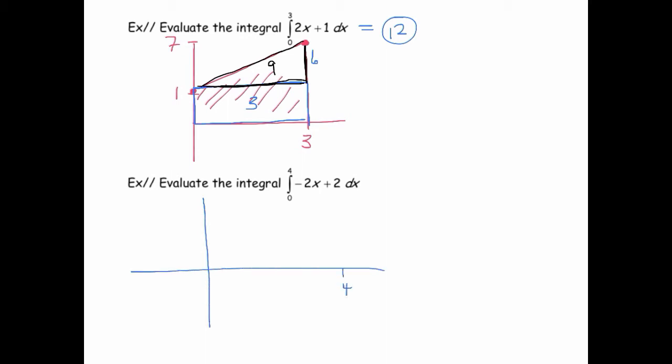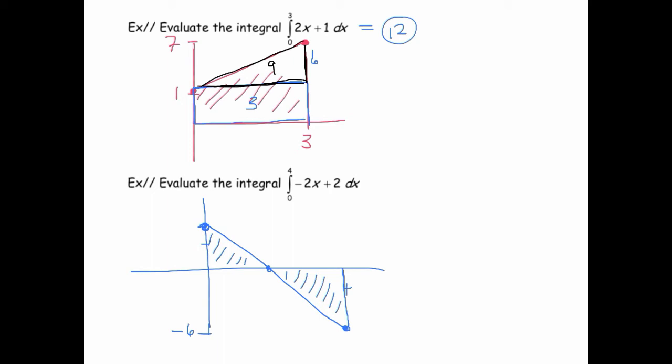So we're going from 0 to 4, and at 0 I've got a y value of 2. At 4 I've got a y value of negative 6. This is again not to scale, and that is also a line. So with the definite integral, according to its definition and some of its properties, we're going to want this area and this area, remembering that the area below the x-axis needs to be counted as negative. So that suggests we probably need to know this point here,